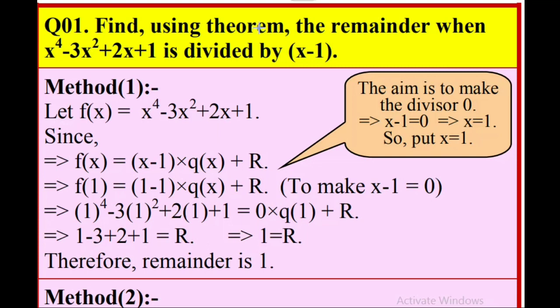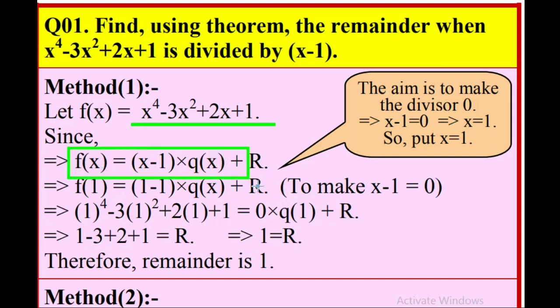Let's proceed. Here I have taken a question. The question is, find using the theorem the remainder when x to the power 4 minus 3x squared plus 2x plus 1 is divided by x minus 1. And that we have to find out without performing actual division. It means here we use the remainder theorem. So according to the remainder theorem, first of all we assume this polynomial as f(x). Now f(x) is equal to (x minus 1)